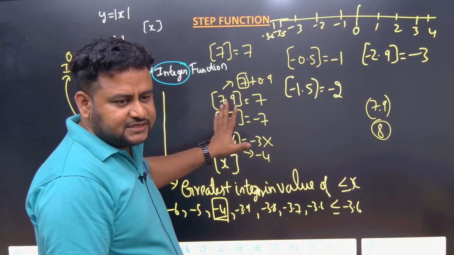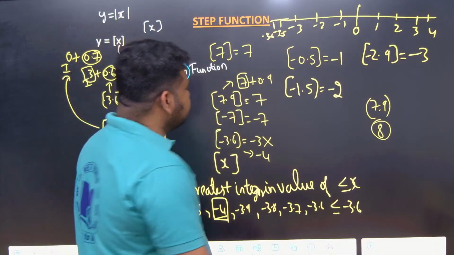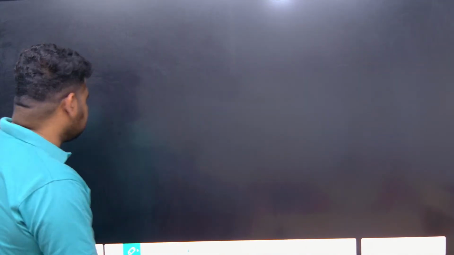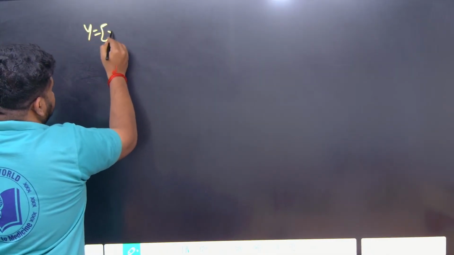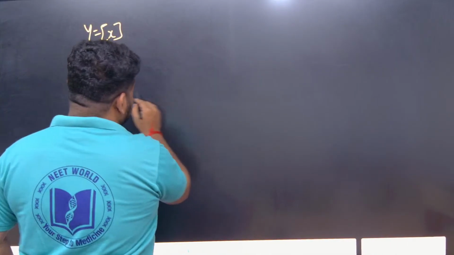So this is the basics when it comes to the greatest integer function. Now let us see the graph for the greatest integer function. Now you will understand why it is also called the step function. If I write y is equal to step of x, if you have the coordinate axis,